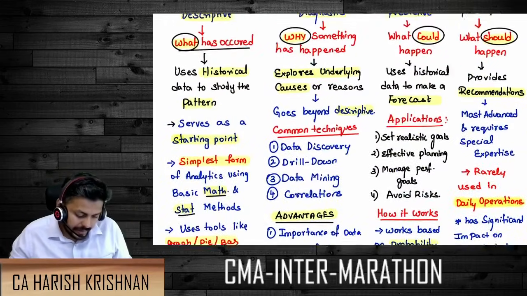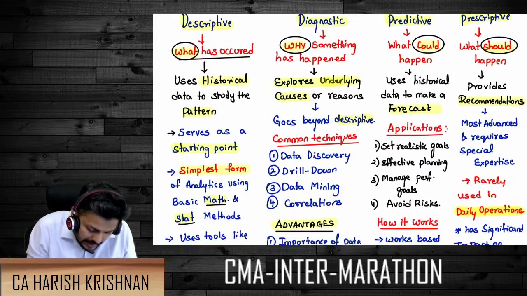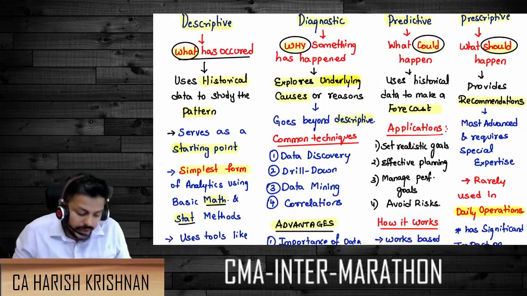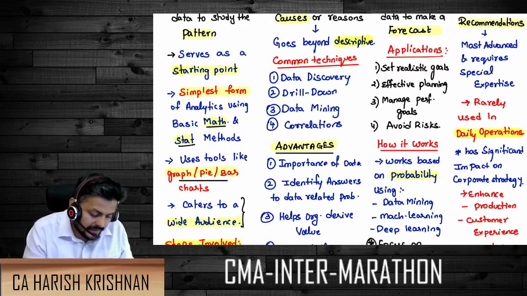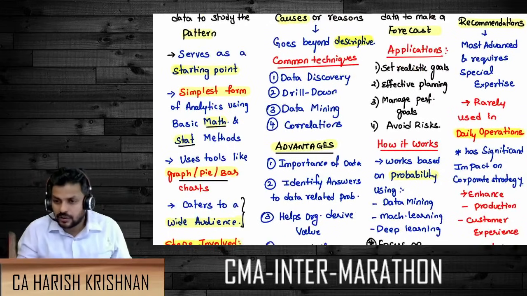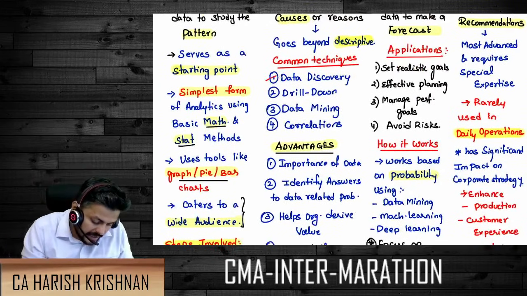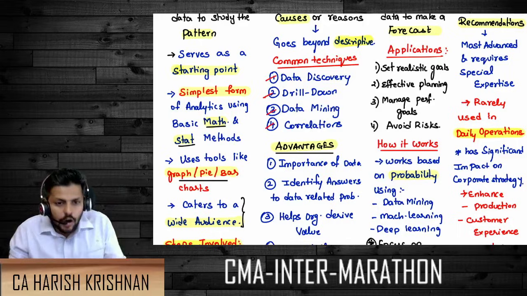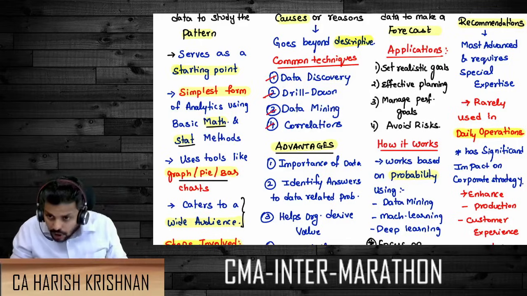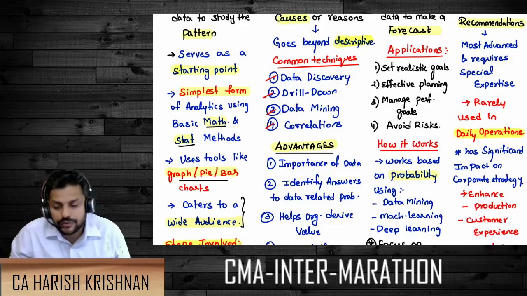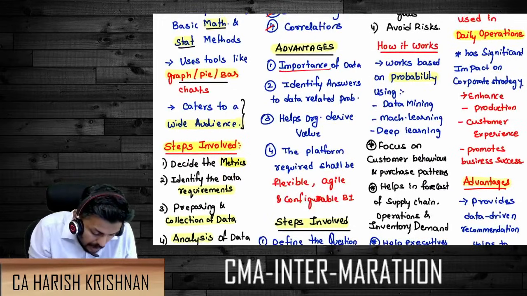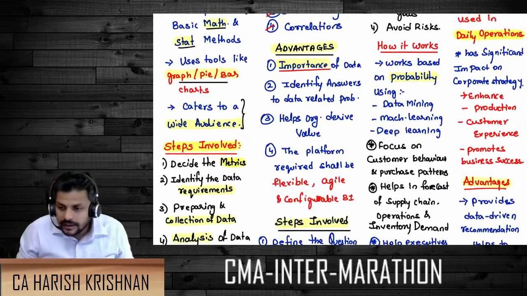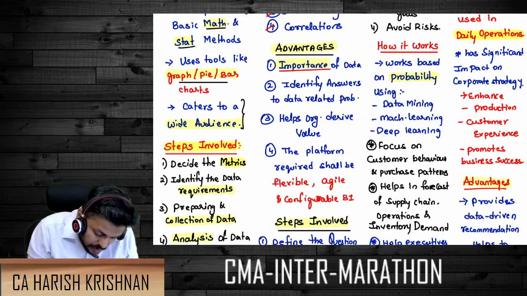See this. Diagnostic is why something happened. It explores the underlying cause or the reasons, and it goes beyond descriptive, using techniques like what you have studied. One of the techniques that we just studied, data mining, is also for diagnosing what is the trend or a pattern. So data discovery, drill down, data mining, and correlations, all these four are the common techniques used for diagnostic data analytics. The advantages of doing a diagnostic analysis are that it identifies and tells you the importance of data, which part is important, you can diagnose, identify the answers to data related problems,